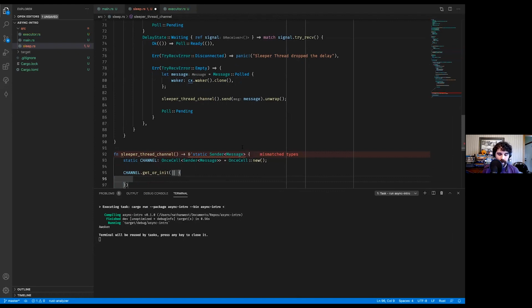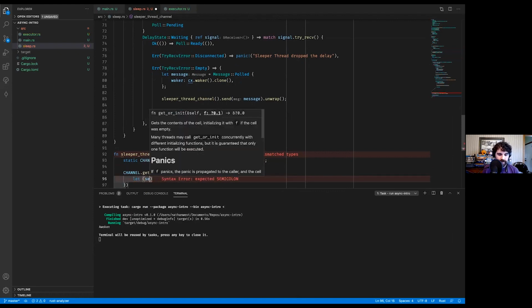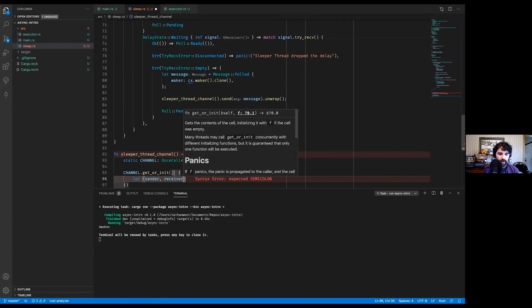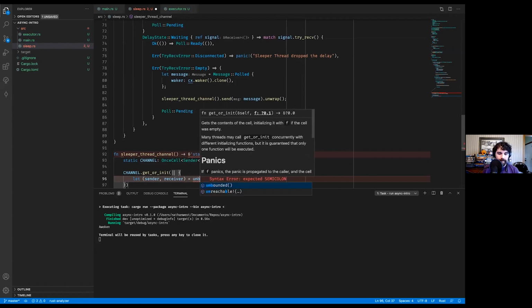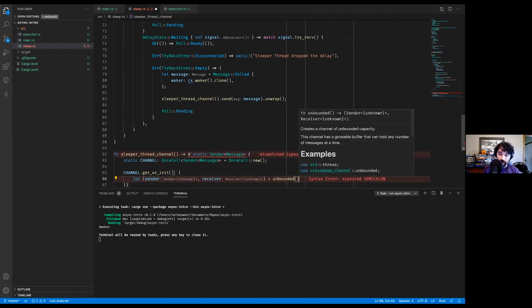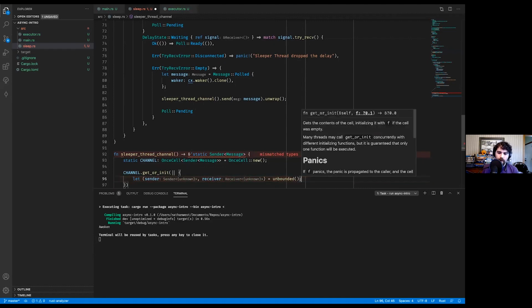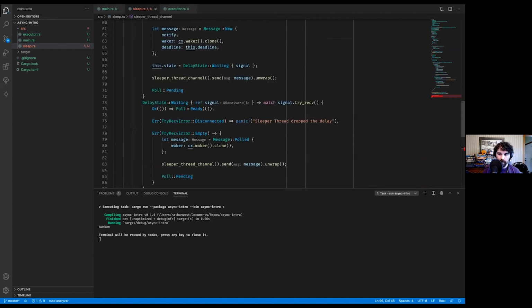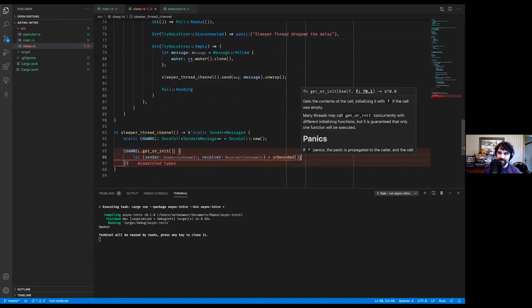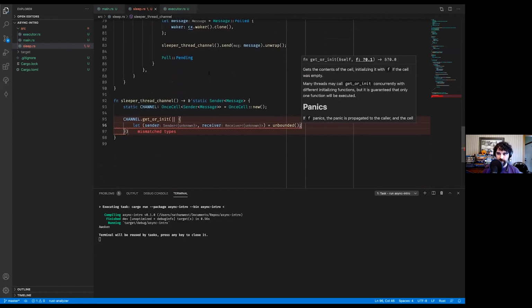We're going to use an unbounded channel here. So we're going to say, let sender, receiver equals unbounded. The problem with the unbounded channel is that it could grow without limit if we sleep a lot. What we should be doing here is using a bounded channel, but with a bounded channel, we might block here in the poll, which means what we should be doing is using an async-aware bounded channel, which just means that it's a channel that is aware of wakers, right?